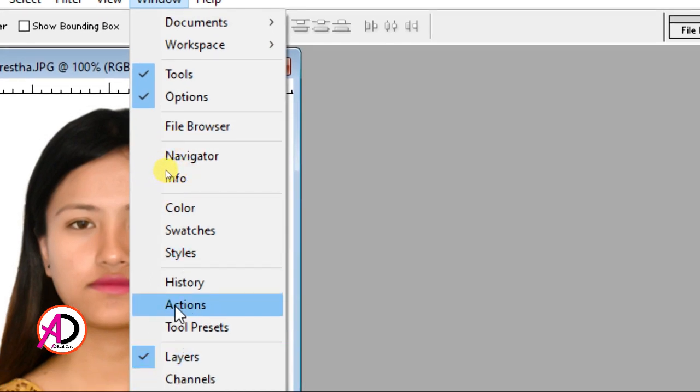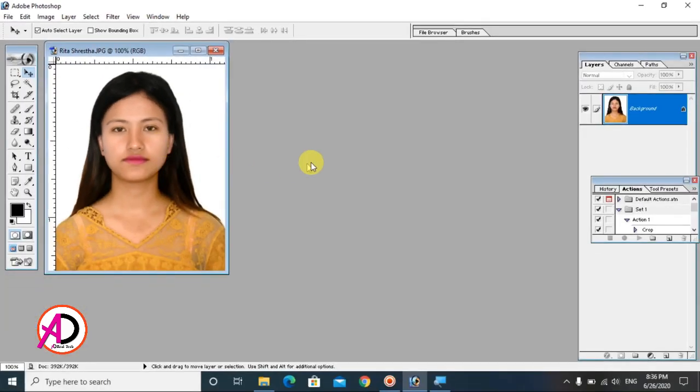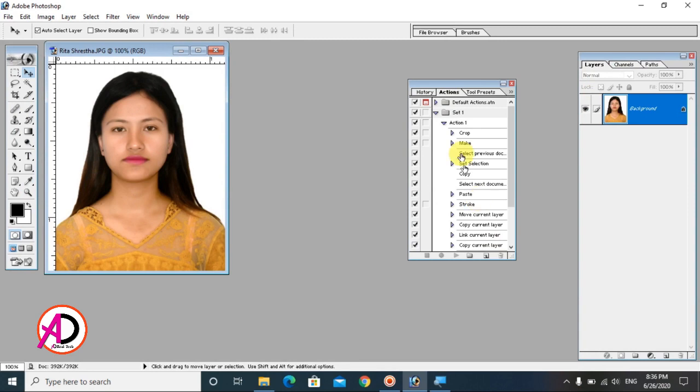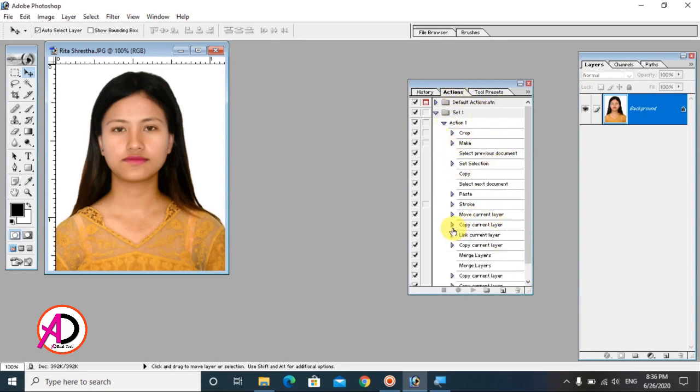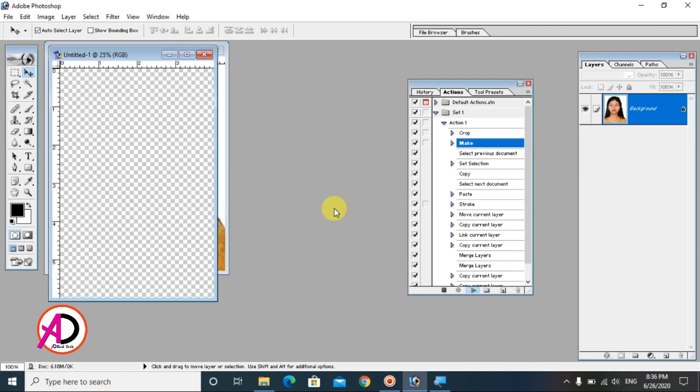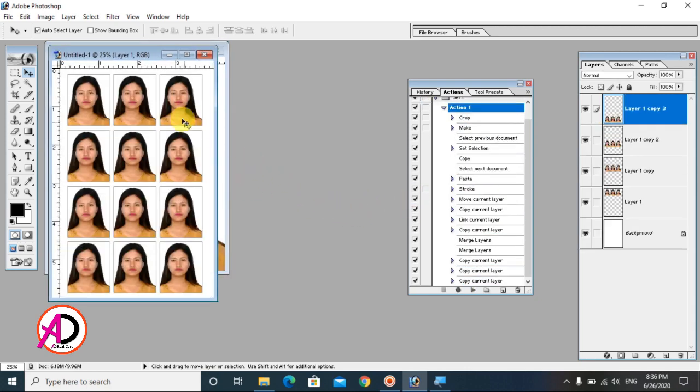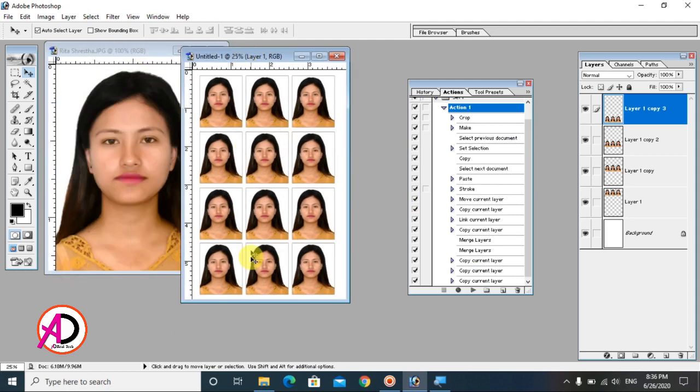You can see here this is the action option, and click on this action. You can see this is our action option, it's open here just like this. I already created one action in here, and simply I press the 1 key and it makes a passport size photo automatically. You can see just like this, with just one click it automatically creates a passport size photo in